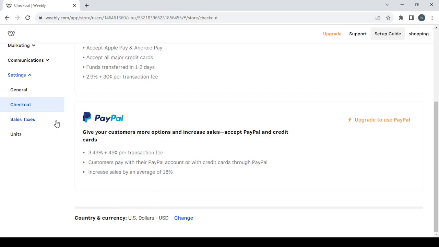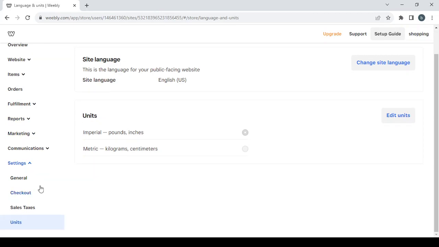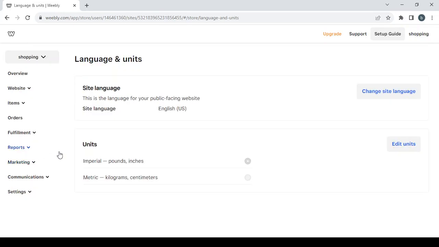Then we have the sales taxes and the units, where you can change the site's language or edit the units that you have. So that's it guys for these sections. Let's proceed to the overview, and then let's proceed to the editing phase